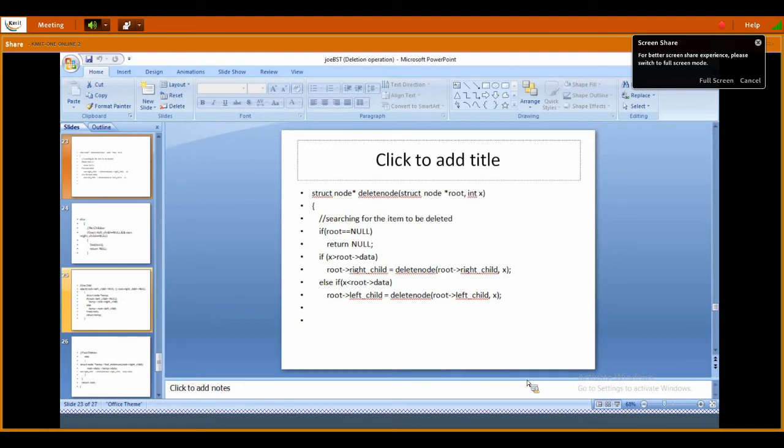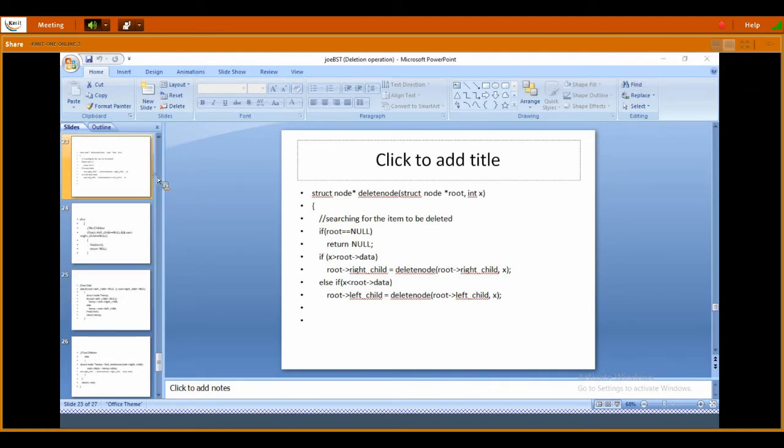Coming here, finally we identify the location of 1. Root of left child is equal to the delete node function. So now the root of left child value is 440. Then this node 1 we want to delete.